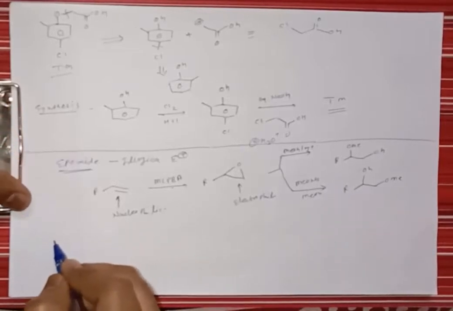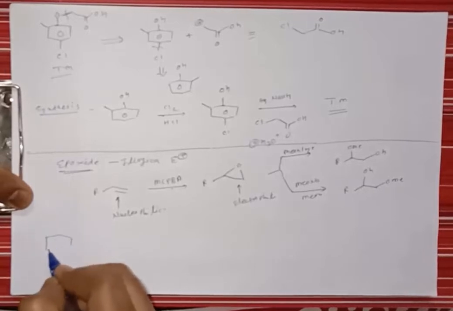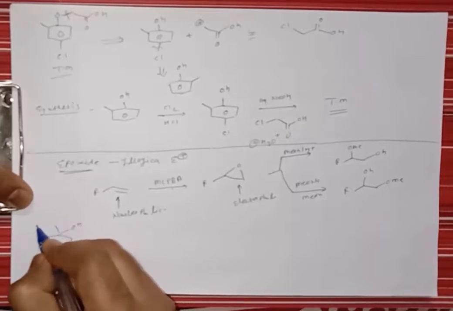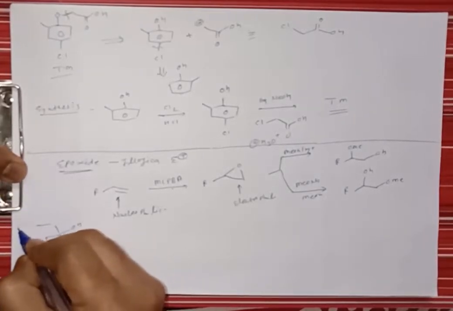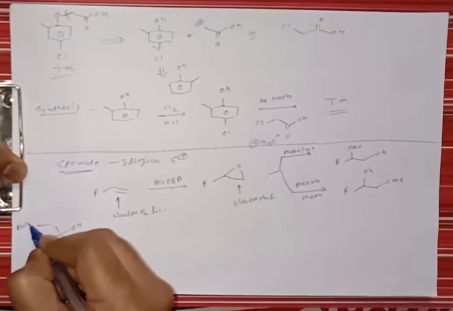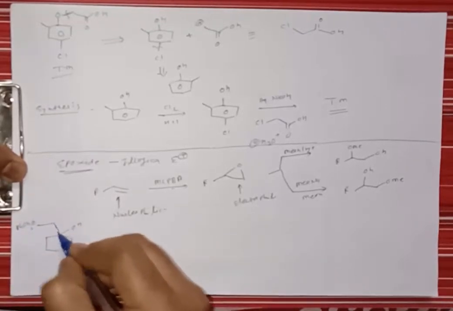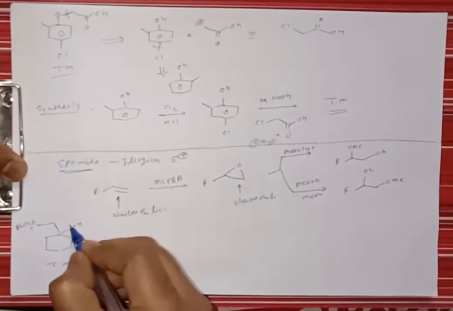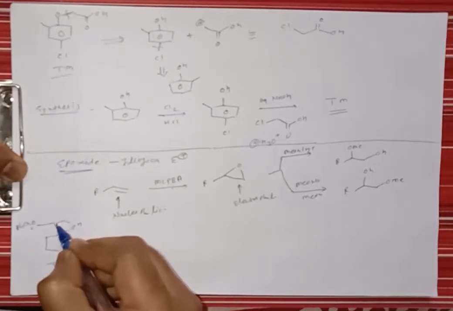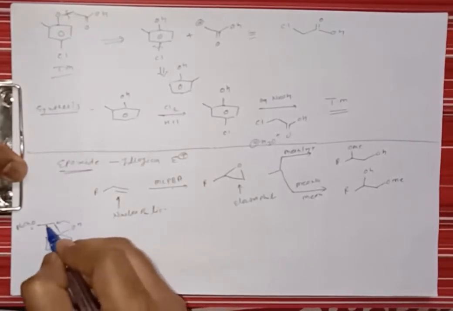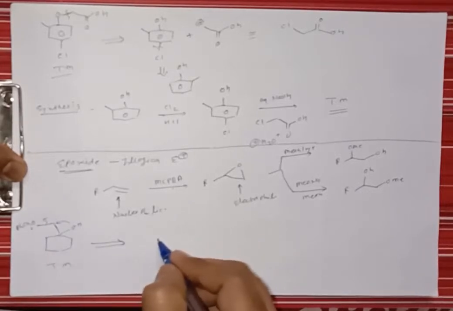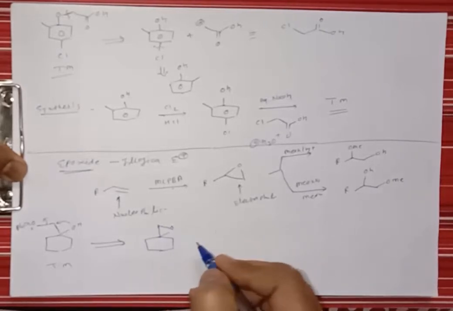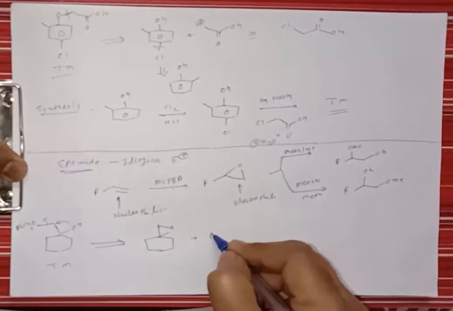Let us take an example on this molecule. Suppose there is such a target molecule. Here is OH, CH2, and here is a substituent, PhCH2O, right? So there is such a molecule and it is called the target molecule. Now we can break this molecule by simply attacking the oxygen here, and it will remove, and then it gives formation of an epoxide, that means epoxide at this position, along with PhCH2O minus.